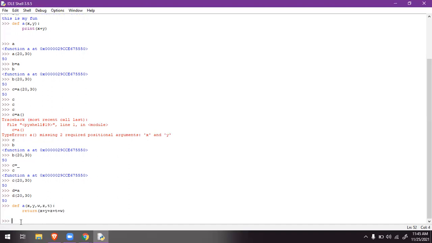If I hit enter, see, while taking the bracket it is asking the values of x, y, w, z, t. I have to mention all the values: 20, 30, 40, 50, 60. Okay, 1, 2, 3, 4, 5. If I hit enter, I will get 200.